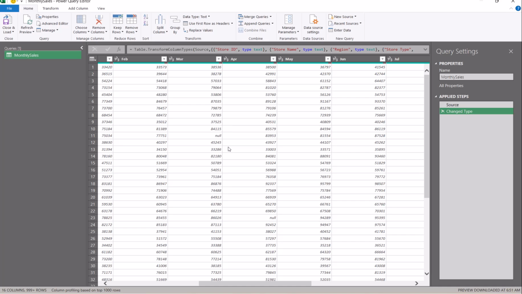So maybe sales were never even entered for that particular month or for that store. So, should we fill in the blanks? Well, the answer depends on what those blanks mean. If the blanks truly mean no sales occurred, then replacing them with 0 before unpivoting is perfectly reasonable. Now, if the blanks mean we don't know the sales yet, then leave them blank so you don't accidentally create false data. So as a data analyst, your first job is to understand the business meaning of missing values, not